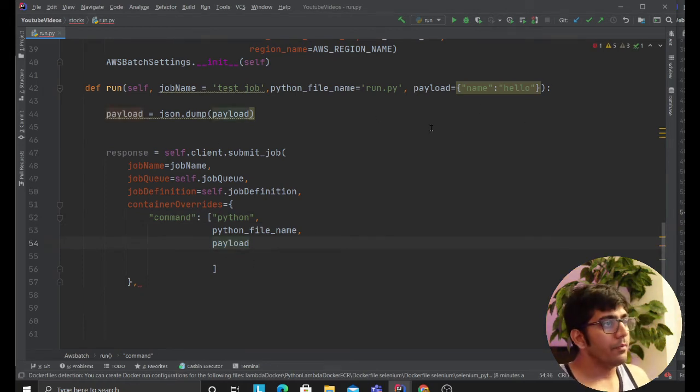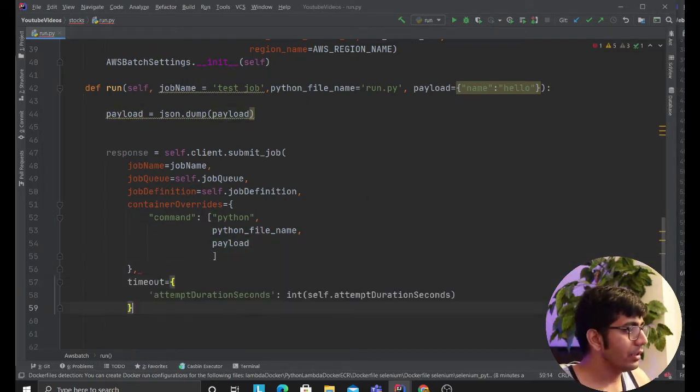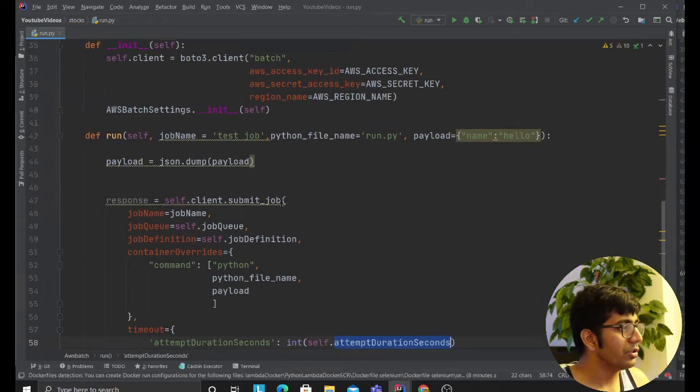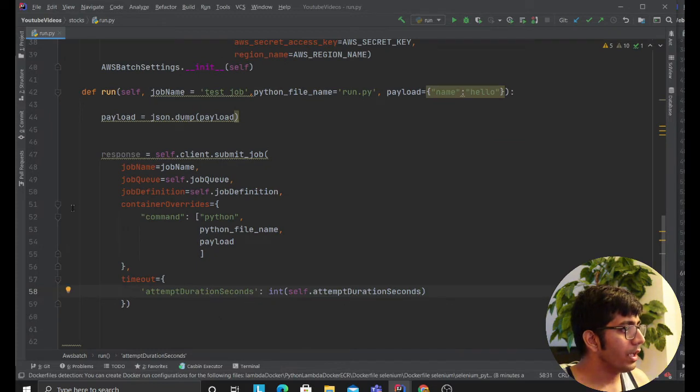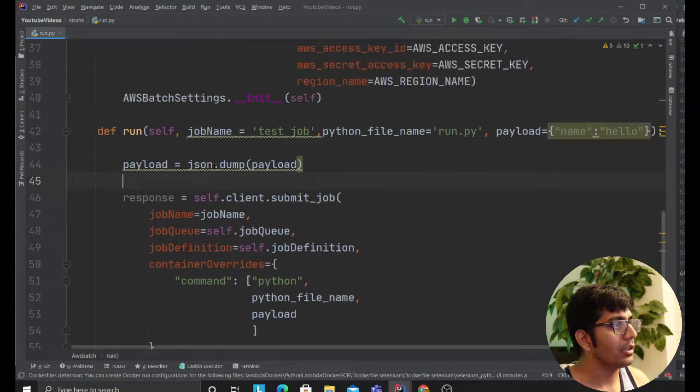Now, that's that. So you can pass arguments. Now we need to define the timeout interval here. So essentially, I think it's like this. Again, this is coming from the settings class, so you'll set that up. Now we can collapse. So essentially, this is how you would pass arguments, and you'll invoke your Python file.